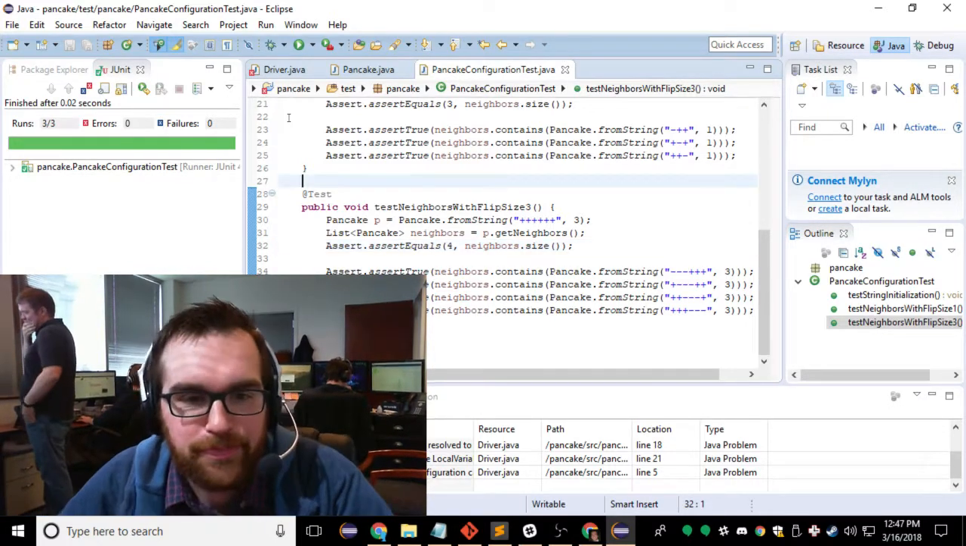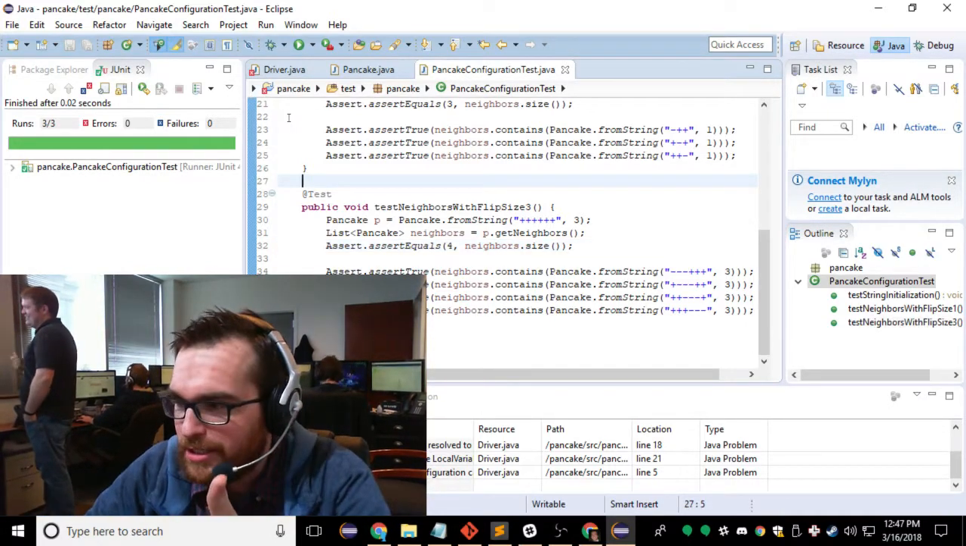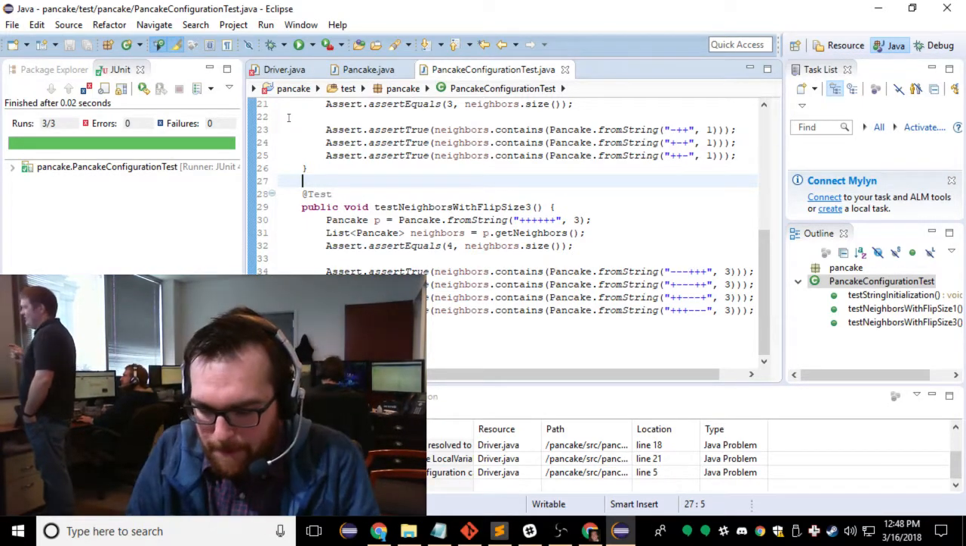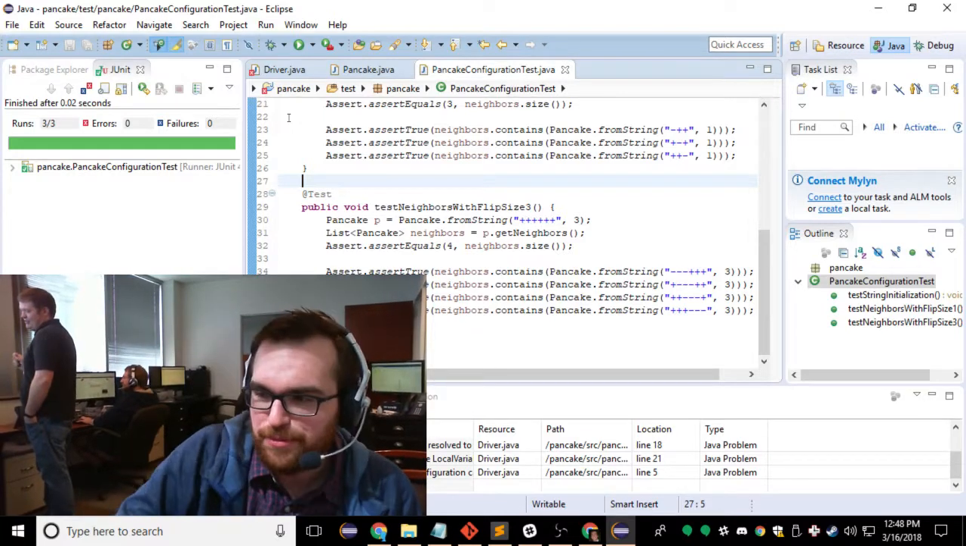Oh, really? All right. So neighbors are coming up correctly. I'm initializing correctly. So now, given a set of neighbors, I need to build my,